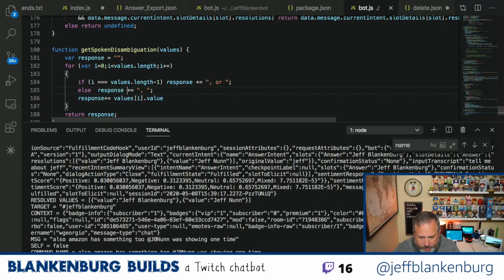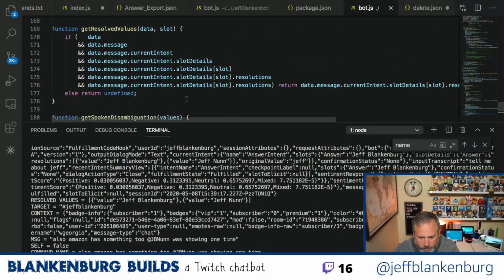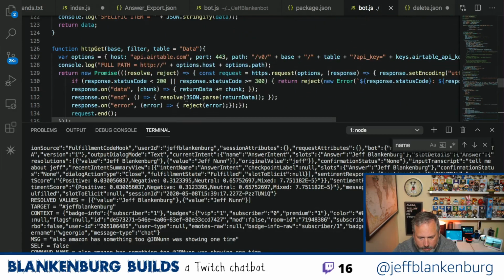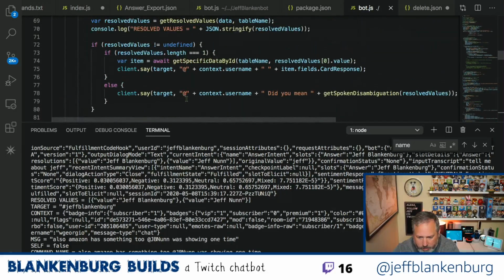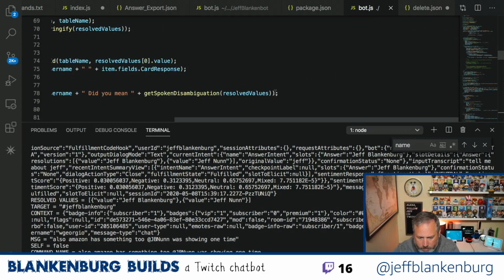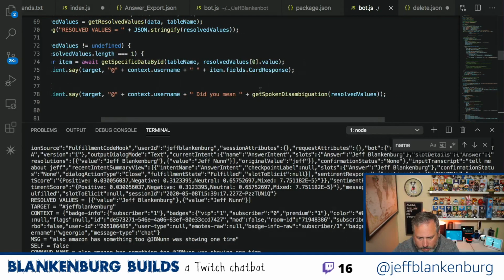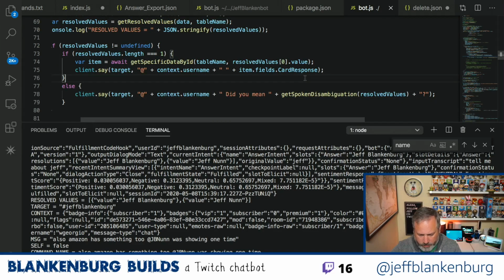So that inserts my commas, and then at the very end, I'll do that up here, would be to put a question mark on the end. Did you mean get disambiguation plus question mark? We need to make this look really nice because it's chat, right? So that feels good. Save.